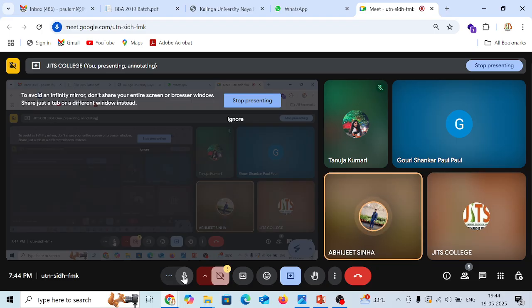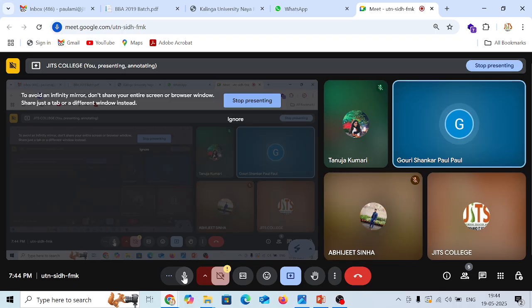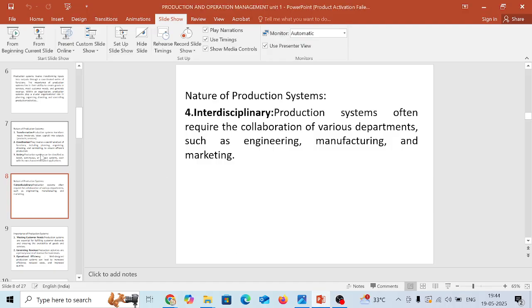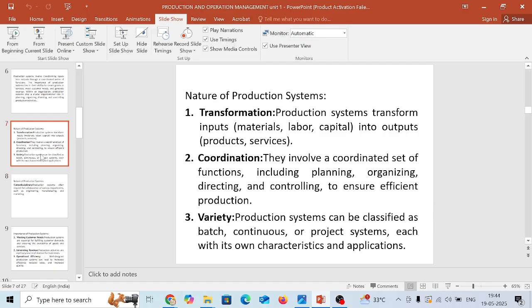सर, बस थर्ड पॉइंट में डाउट है। कौन सा वाला स्लाइड में? सर, इसी स्लाइड का थर्ड पॉइंट में, वैरायटीज।